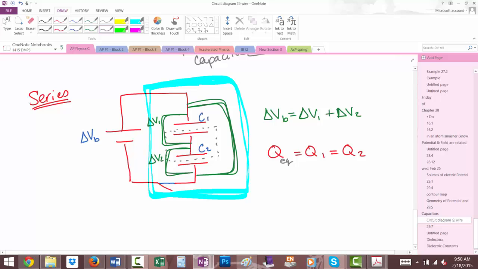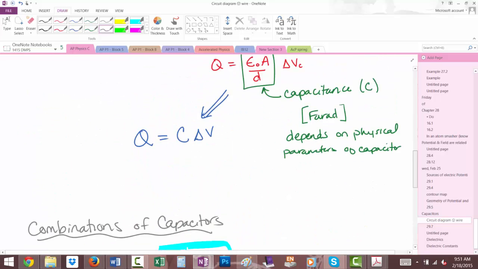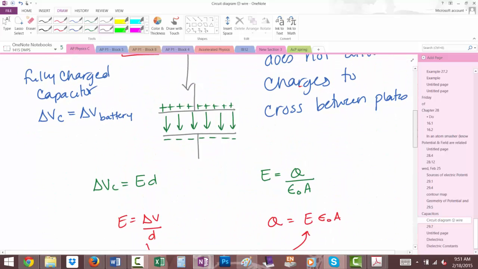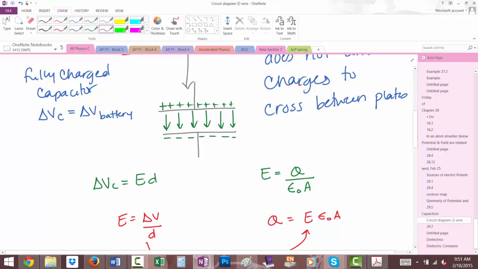Let's back ourselves up for a second. If I replace the two capacitors with one capacitor, and you're looking at the charge on the capacitor, you're just looking at how much positive charge there is. We count up all the charges. It's got 0.3 microcoulombs of charge. Okay? Now, if I have